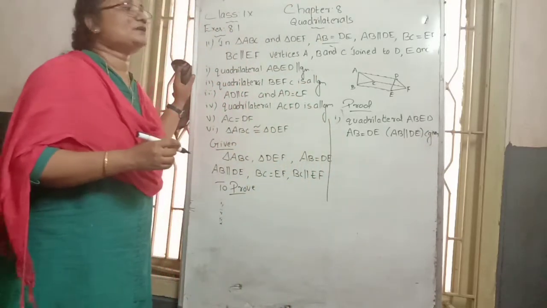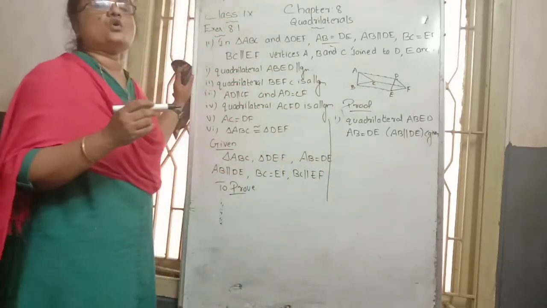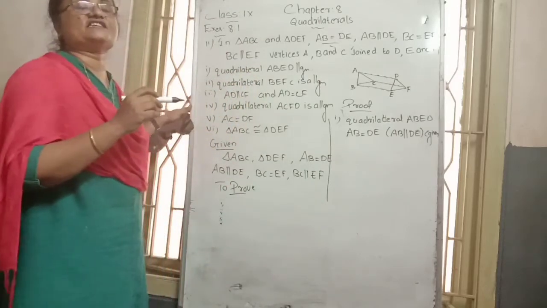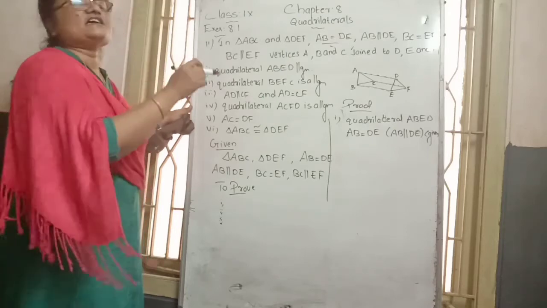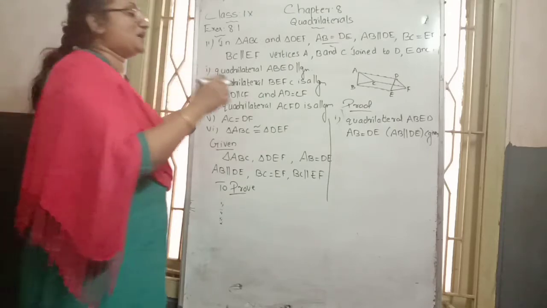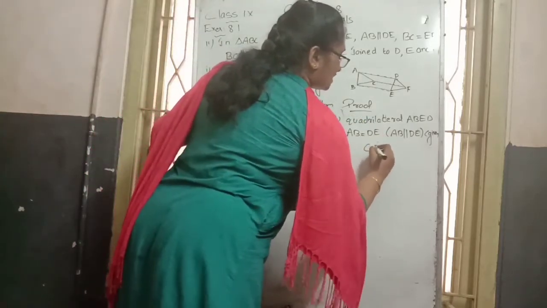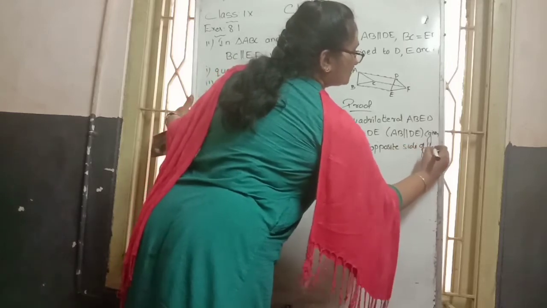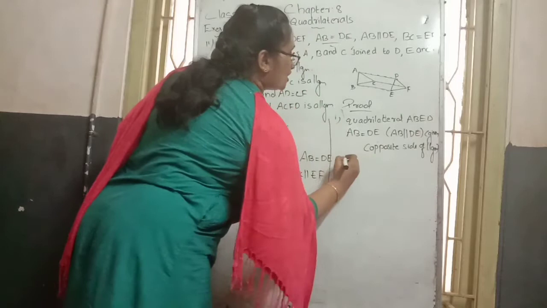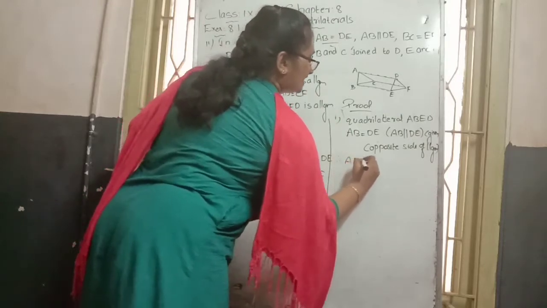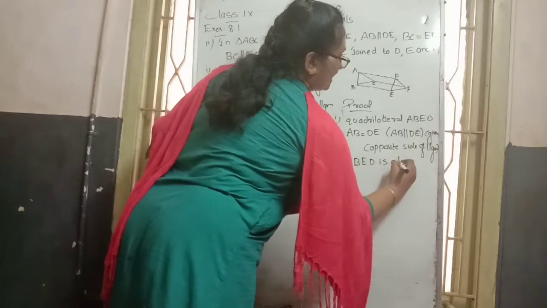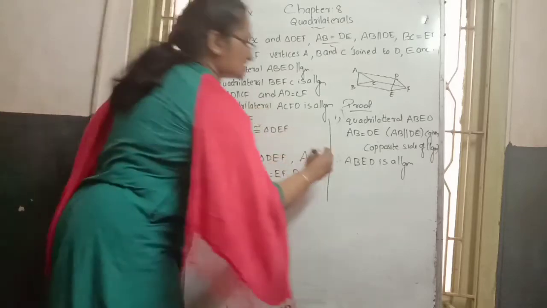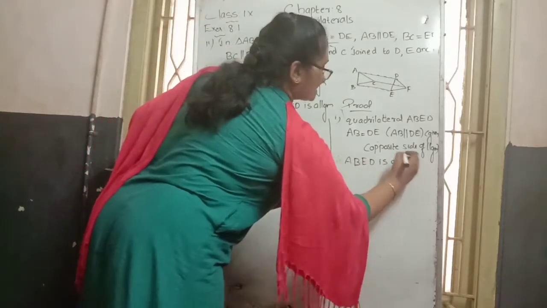What about this one? AB and DE are the opposite pair of sides of the parallelogram. That's why they are opposite sides. That's why we can say the ABED quadrilateral becomes a parallelogram. The reason is that it has an opposite pair of sides equal and parallel. Parallelogram, short form, right. Therefore we can say ABED is a parallelogram. Hence we proved the first case: ABED is a parallelogram. In this way, second case. So there we mark it as equation 1.